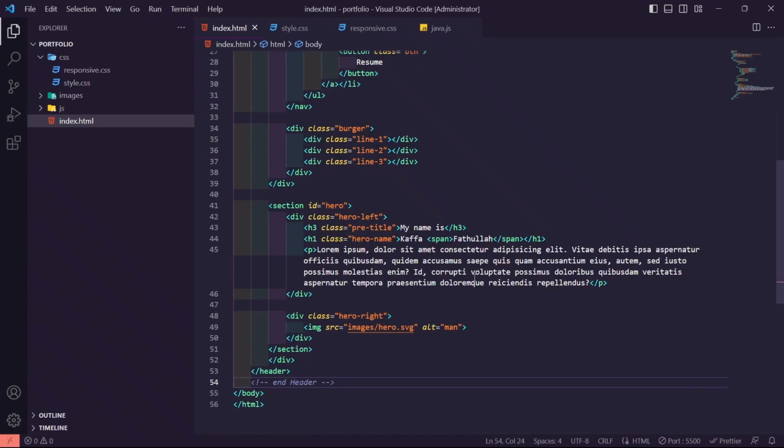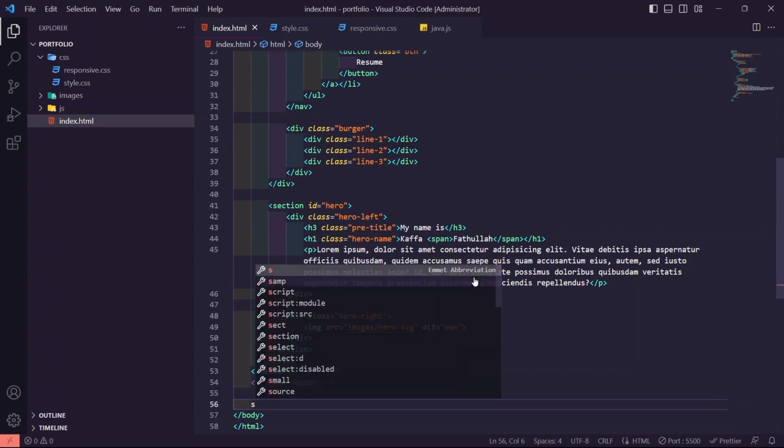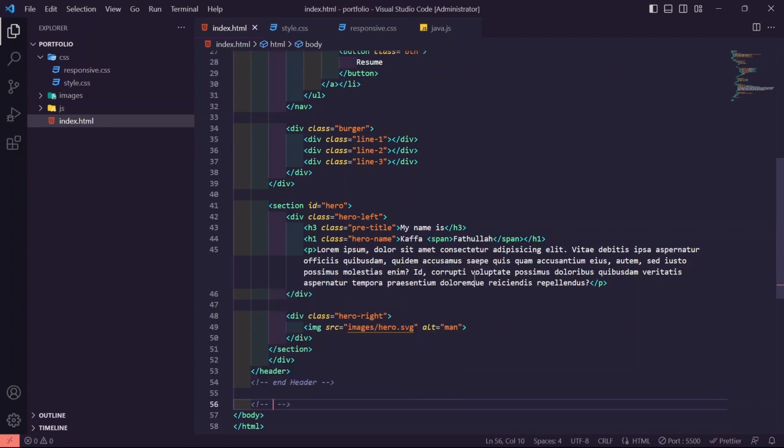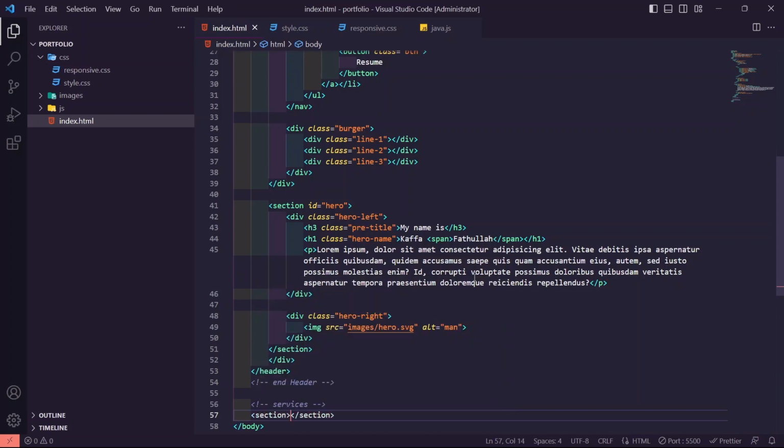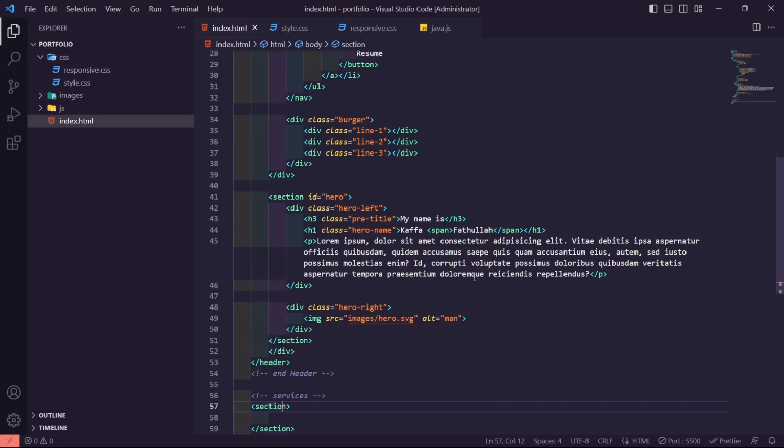So make a new section, make a tag comment services, and then make a new section with ID section services,